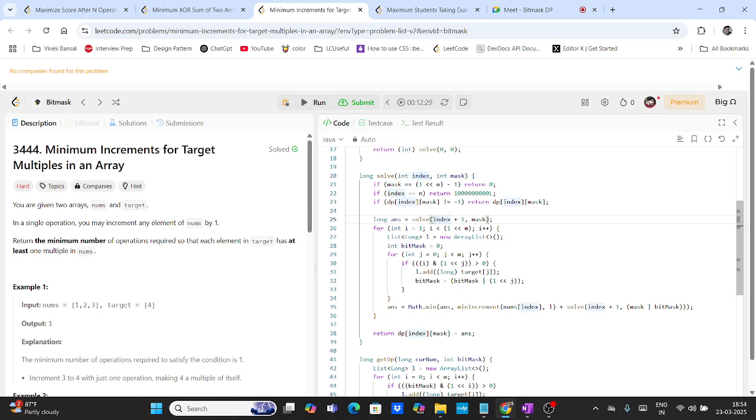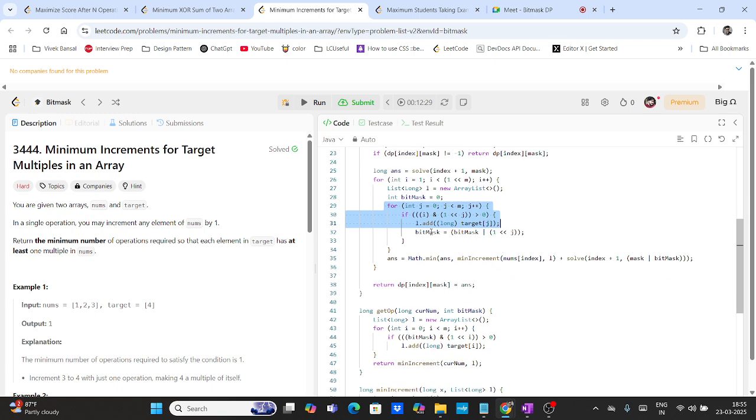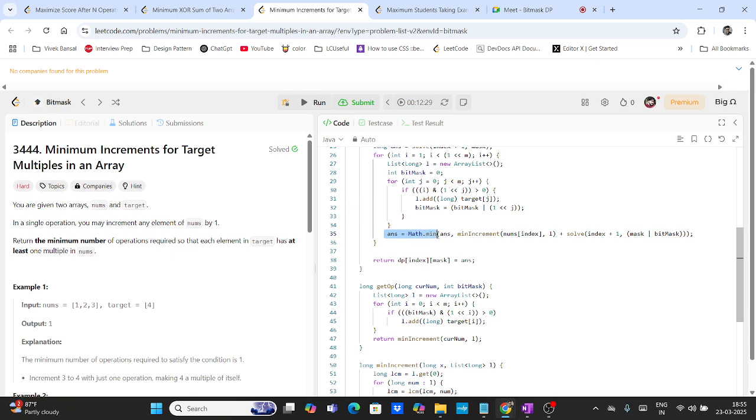There is one option: index plus 1, that is, don't take that element. Otherwise, go ahead and try to find all the bit masks. I hope you know how to find all the bit masks, right? I taught you that trick in bit masking, how to find all the bit masks, 000, 001, 010. With that we can get it. If you see, I have taken all the numbers, and answer equals min of